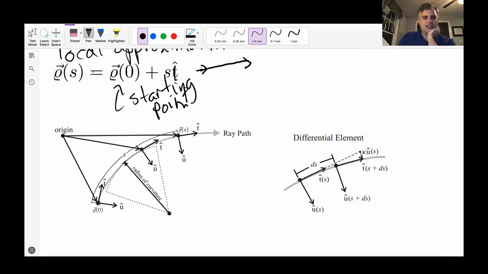And of course, this is a local approximation unless we're in a simple medium that has homogeneous